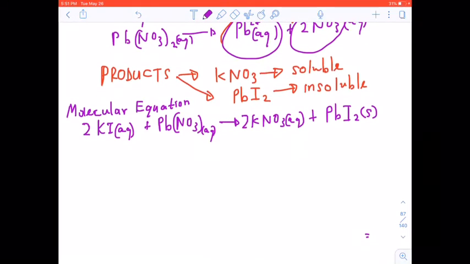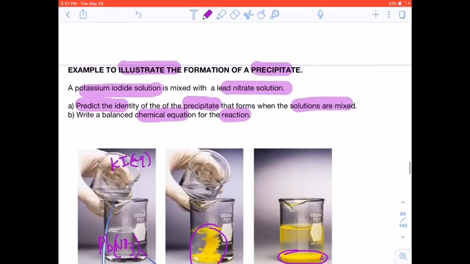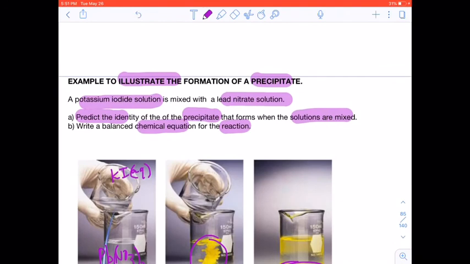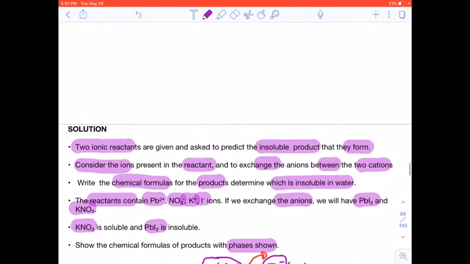So now if we want to have a look at the ionic equation, right? So we say we've got that in solution, and write a balanced chemical reaction, which we've done here. Okay, and if I write an ionic equation for it,